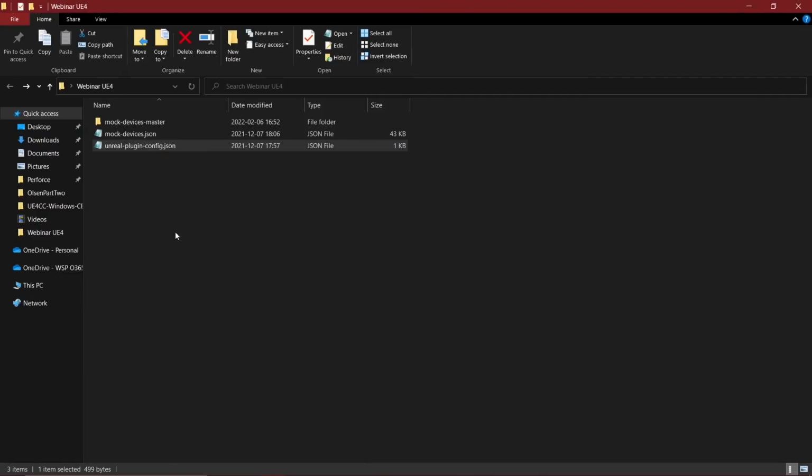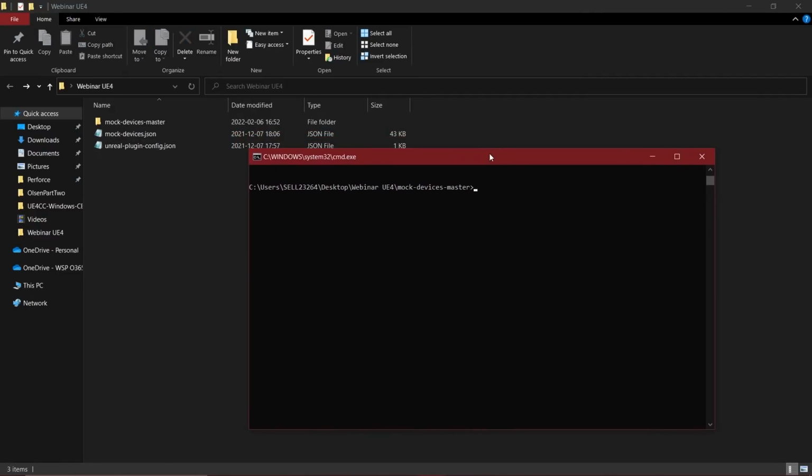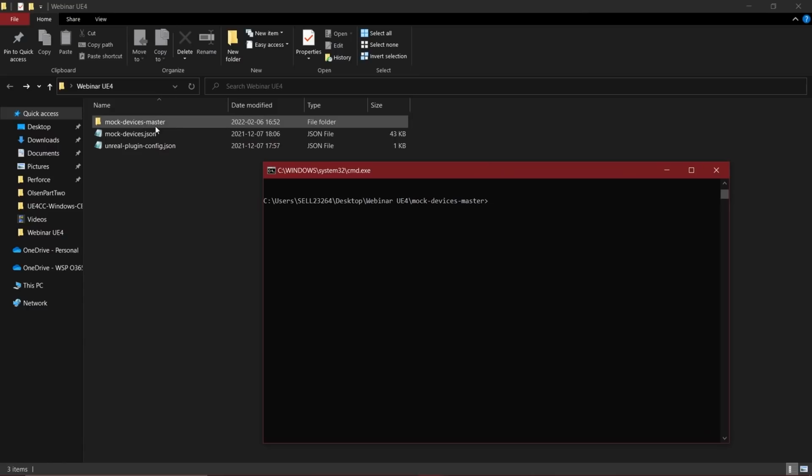So to start the device simulator, we just go to the command prompt to the folder you have downloaded in. And if you have Node.js installed, you just type npm run app. So this will launch the mock devices application.